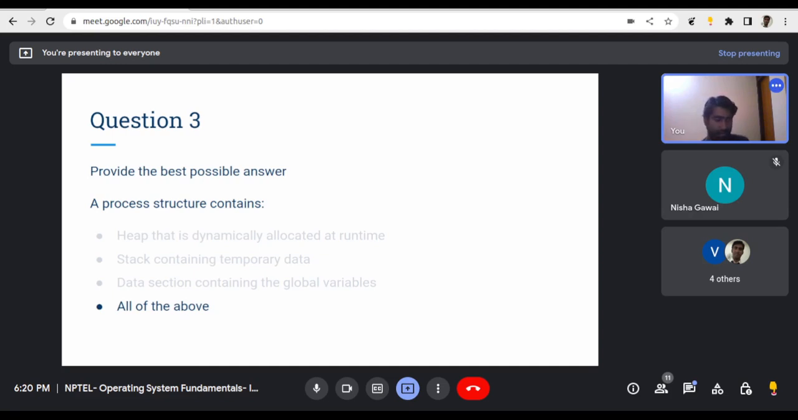So anyway, coming back to my question, can anyone say what else is stored in a process structure apart from all these data storing formats? What else does the process structure actually contain? So it's the code area, right? Without the code,